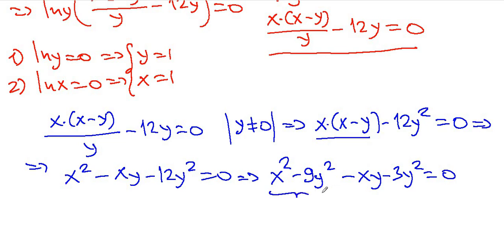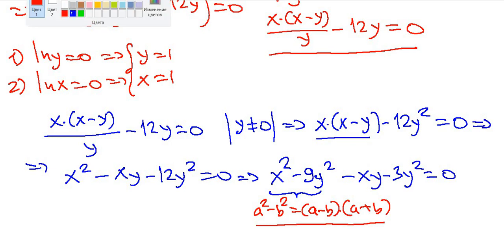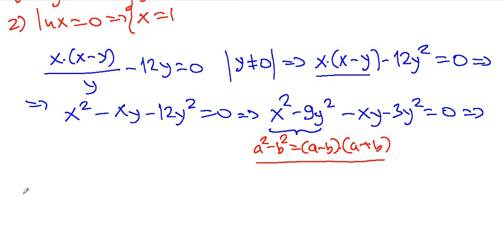And as you see, this is again factorable, so I can use the following formula. We know that a squared minus b squared is always equal to a minus b times a plus b. Now using this formula we can easily factor it. Then this equation is equivalent to x minus 3y times x plus 3y, and